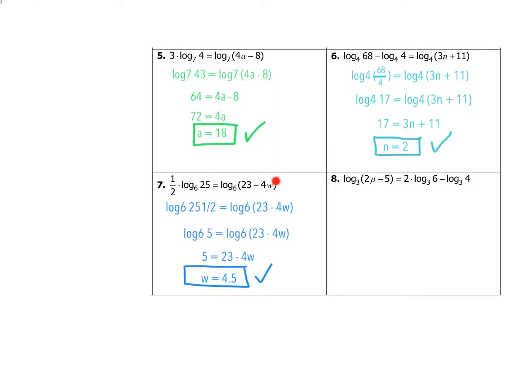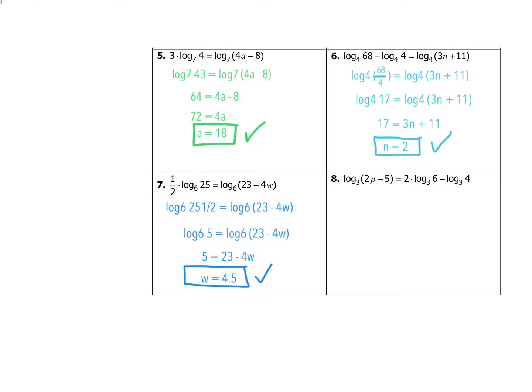And then this over here didn't need condensing, so I just brought it down. And then if you remember, when I have a fraction as an exponent, it's using a radical. So it's 25 to the first power, and I'm taking the second root of it, or the square root. So the square root of 25, or if I type into my calculator 25 to the 1/2, I know that's 5. So then I'm able to say log base 6 of 5 equals log base 6 of 23 minus